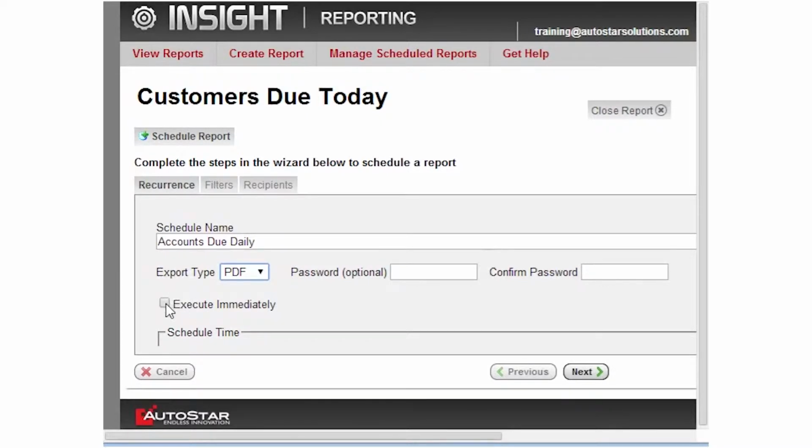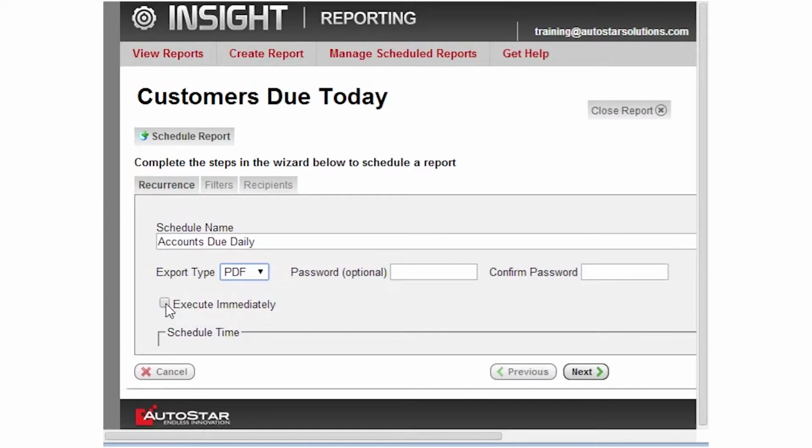You are able to schedule a report immediately, so if you check Execute Immediately, the system will send that report to you right away. This will come in handy if you have a very large amount of data that you're asking the system to return for you, because it could take several minutes to grab that data and then process the report if you try to run it and open it yourself. So one solution is to set up a schedule, click Execute Immediately, and the Insight system will send that to